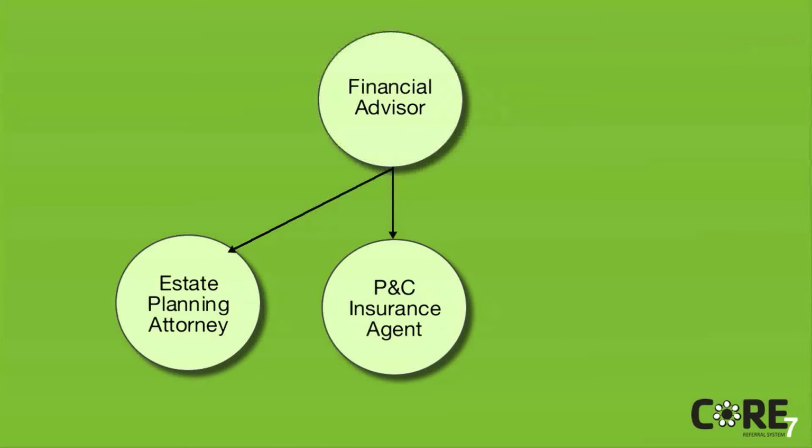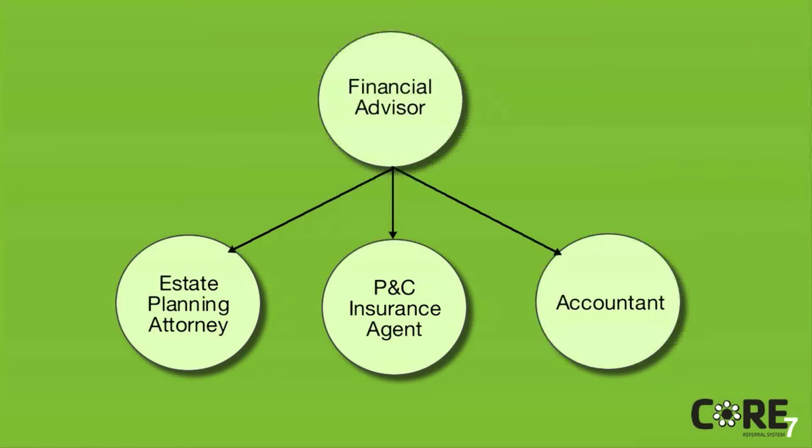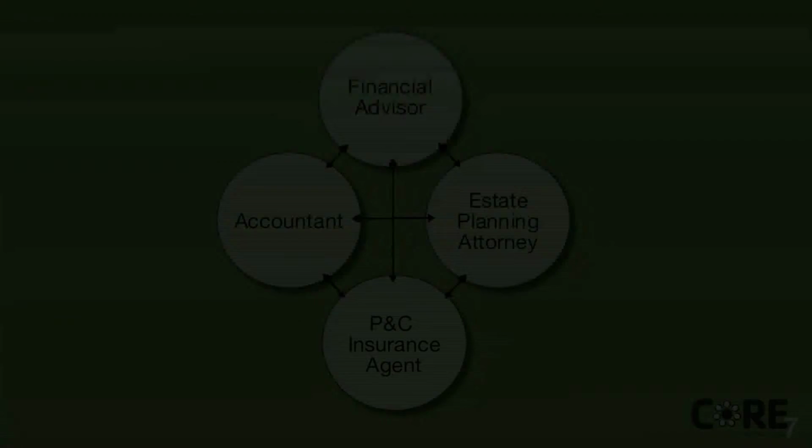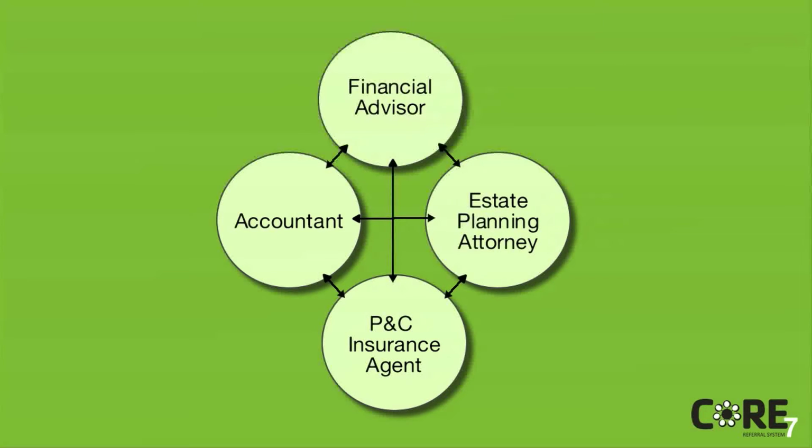They need to be protected from lawsuits, so the property and casualty insurance agent needs to review an umbrella policy to protect that. And of course, there's always tax planning that has to be considered, so you obviously need the accountant. All four need to work together. It's critical. Yeah. And once the financial advisor makes the plan, everything else falls into place. But you have to have that start with the plan.